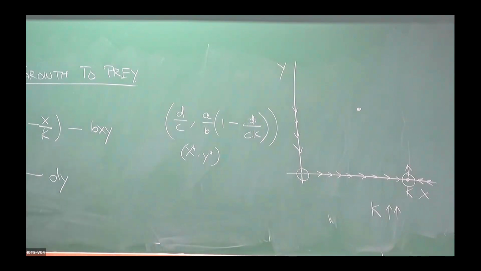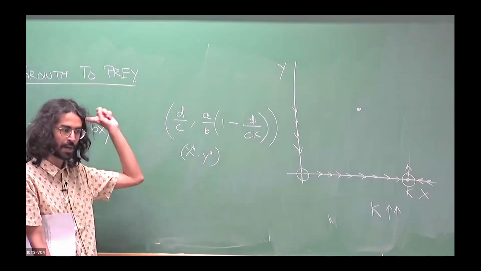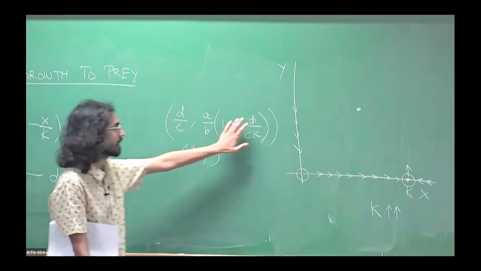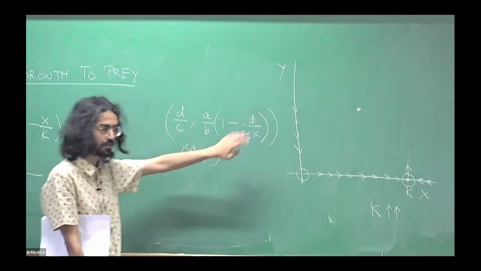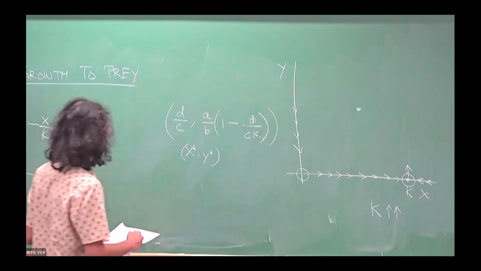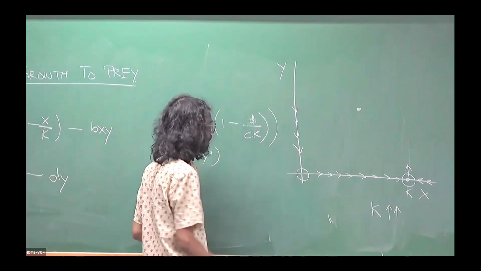K tends to infinity, right? And when K tends to infinity, this fixed point better become our old fixed point. Does it? It does, right? So when K goes to infinity, this term goes to 0, and you go back to your old fixed point. Good. And as K becomes smaller and smaller,